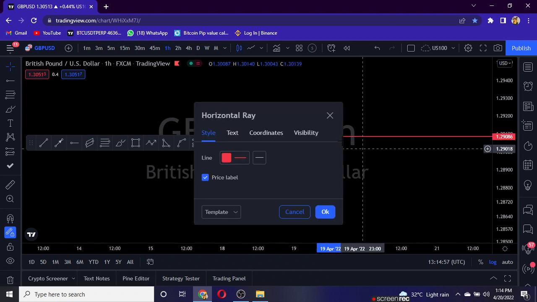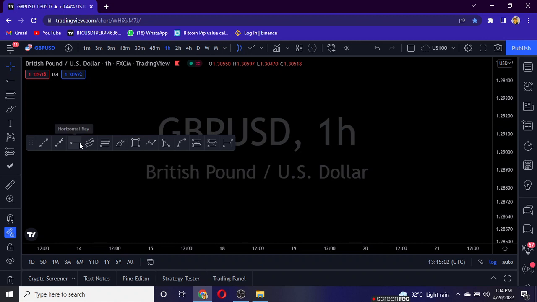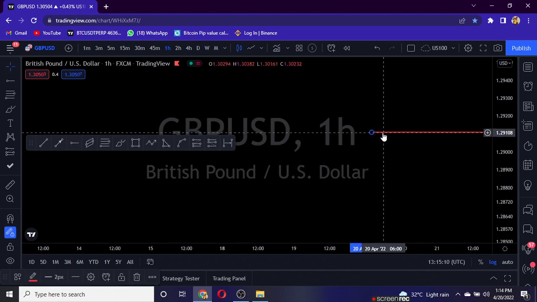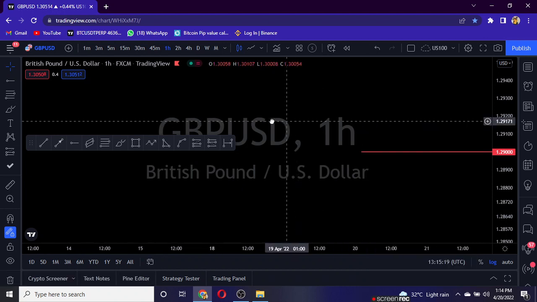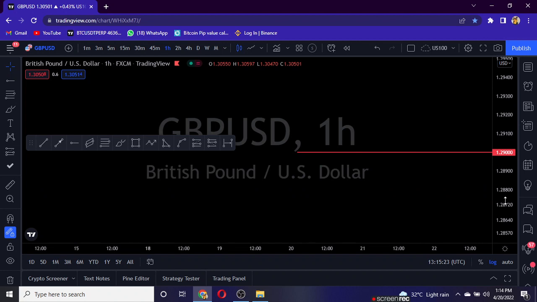Let's say, you can see that here I used these two horizontal rays to mark 1.29. So coordinates will be 1.2900. Okay, I'm buying at 1.2900, and I am stopping at, let me say,